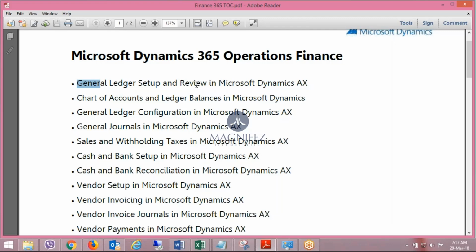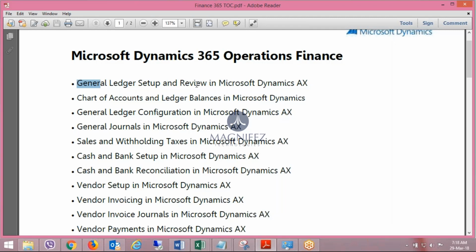Then we will discuss the general ledger configuration. Within this chapter, we will discuss the importance of the general ledger form. Okay. And how we will set up a journal name. The journal name is the platform where we define how we can control our posting. Like if you want to apply a workflow before posting a transaction, where an individual will submit the request, the manager will review it, then we will post it. So you can apply the workflow within the